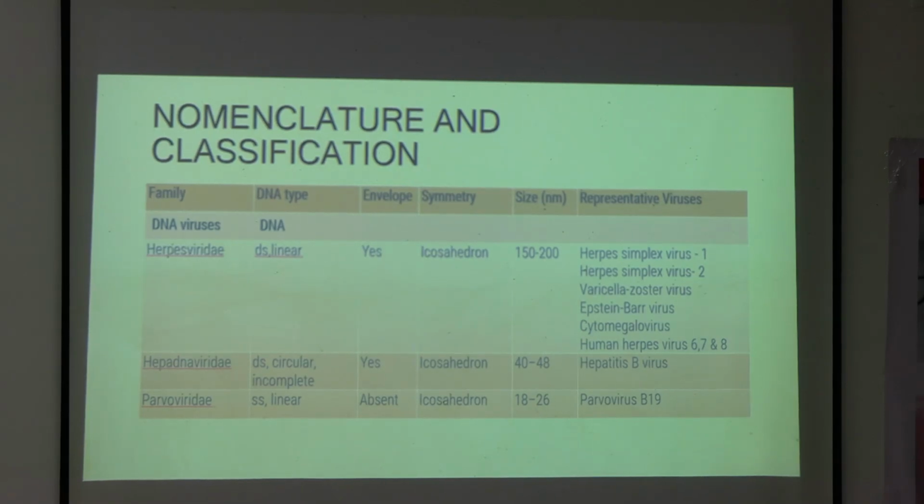It will take a little bit of time, but how do you learn? I'll tell you. First, you have to remember the family name. Under that family, you first learn about the characters of the family. That is easier. After that, you learn 2 or 3 examples of the representative viruses of that family. Clear? So this is how we classify them.